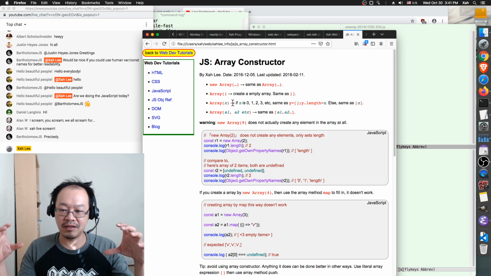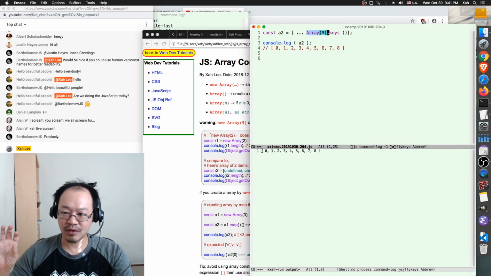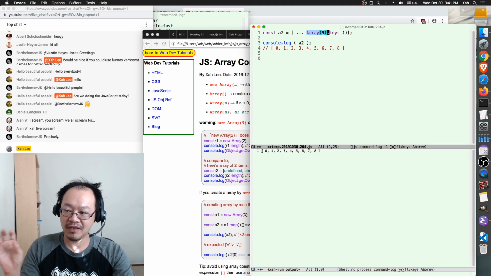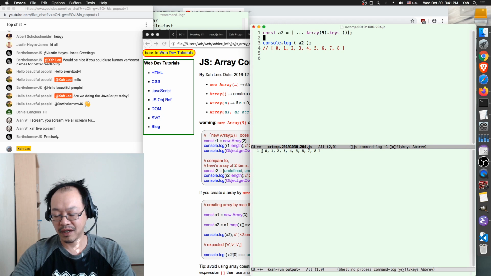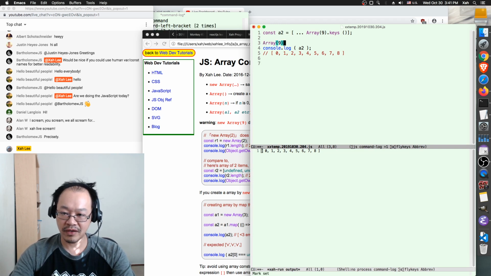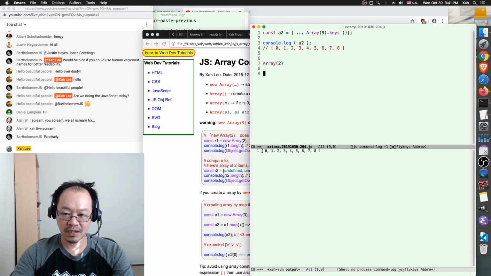If we say Array 9, it generates an array of length 9, but there's no element, not even undefined. So we are getting into the extreme complexities of JavaScript. What I'm trying to say is that when you call this, the result is different from